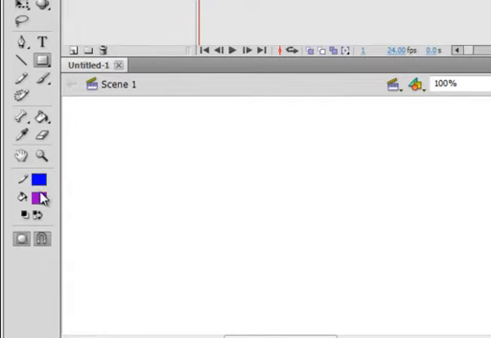It works with two colors. You see a little pencil here, that's called the stroke, and that's the outside perimeter of the rectangle. And you see a little bucket, and that color is called the fill. If I make a rectangle